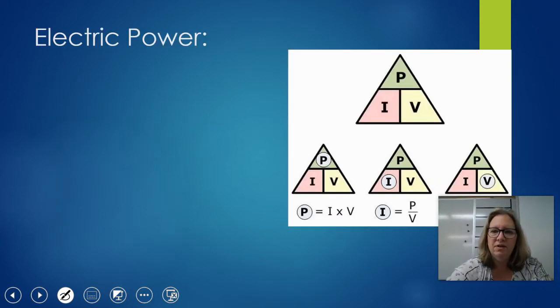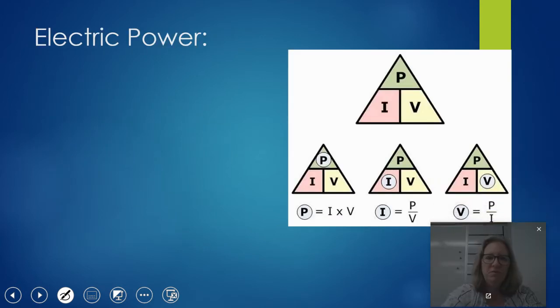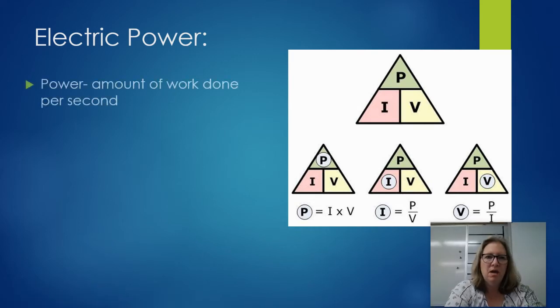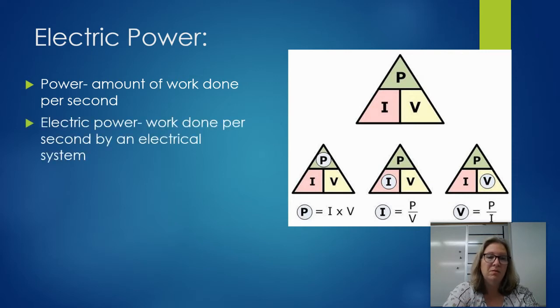All right, we've got another formula here. Got to talk about power. Power earlier in the year was just kind of related to energy and work. So it's the amount of work done per second. Now we talk about electric power, which is the amount of work done per second in an electrical system. So it's really no different, but we do have unique formulas for that because we're going to be talking about